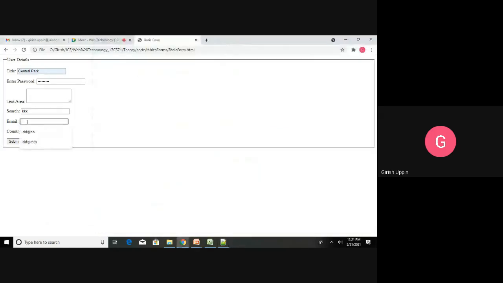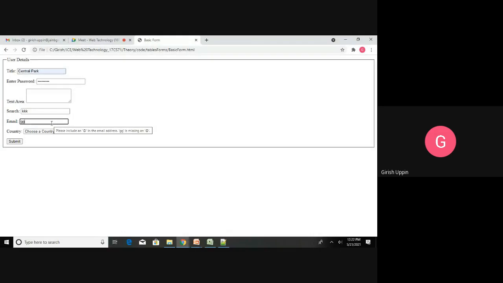So here, for example, I will say GG, and I will try to submit. You can see here, please include an @ in the email address. The message is shown. It means I did not write a single line of code for doing that validation. It is part of the standards, so automatically it will be validated.